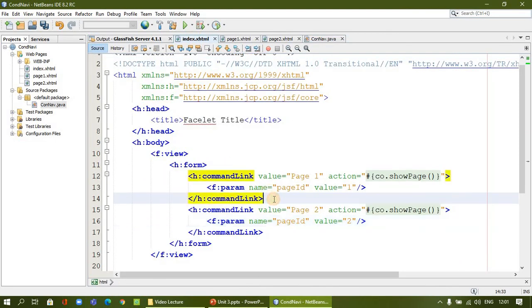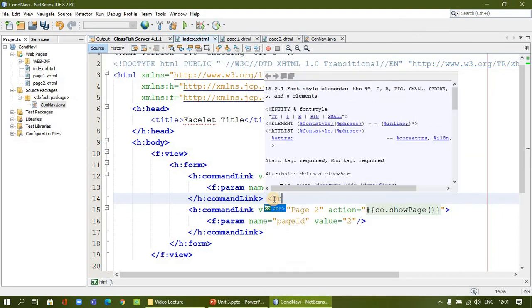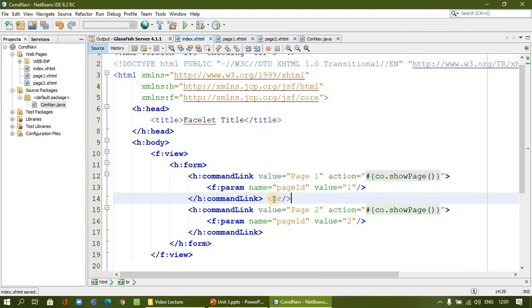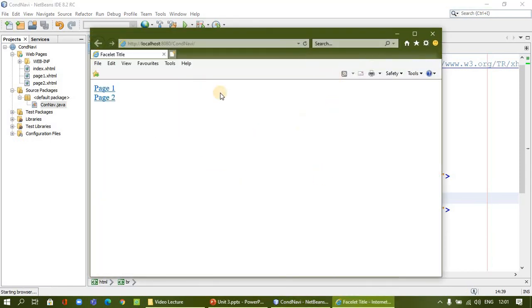Only thing is I want to break this line, to show the links on 2 different lines. That's all. Okay, now I will execute and show the result. I started execution. Now it is getting navigated. Deployed. Page is open. Now I am going to click on the first link.